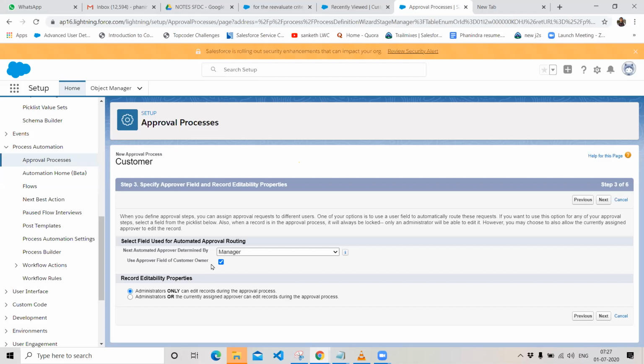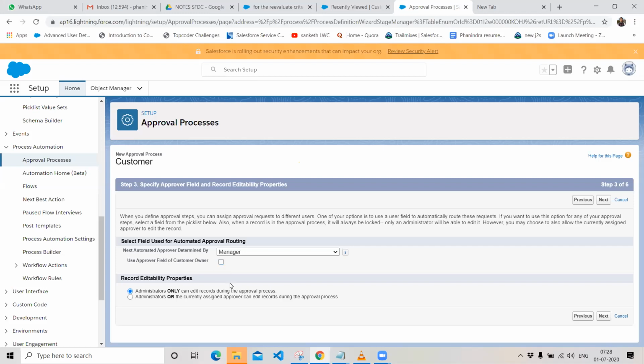Whoever is creating the record, if you want to submit the record to the manager of the person who created it, enable this option. If you want to submit all records to a single manager, you don't need to enable this option.